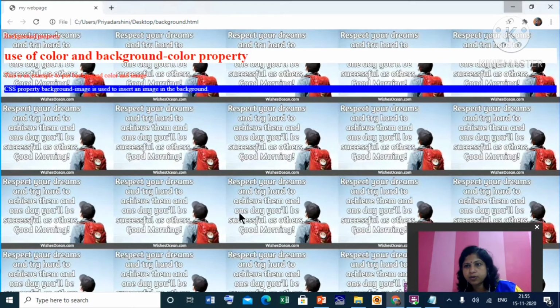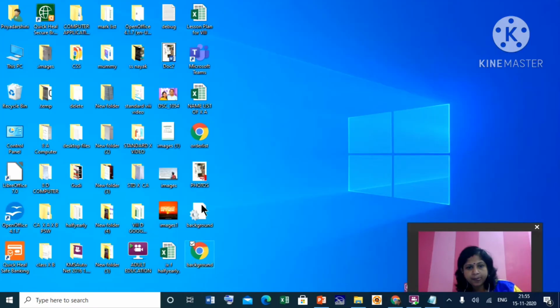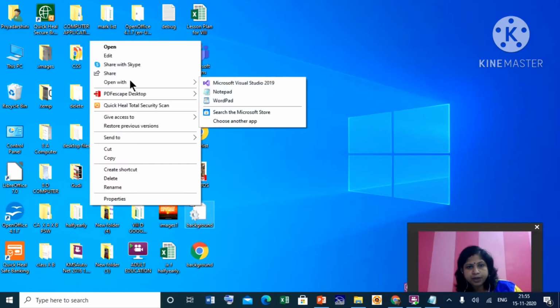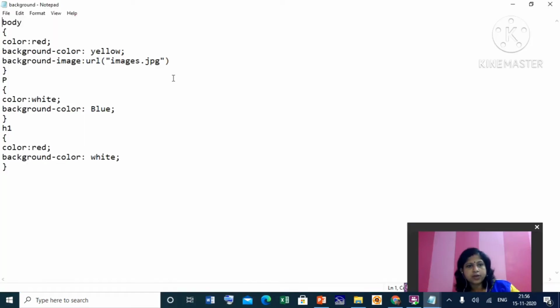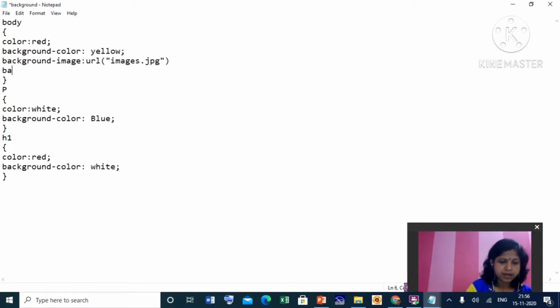Now let us make some changes in our CSS file, and let us see how repeat will be used. Open the CSS file. Here we'll give the repeat: background hyphen repeat.